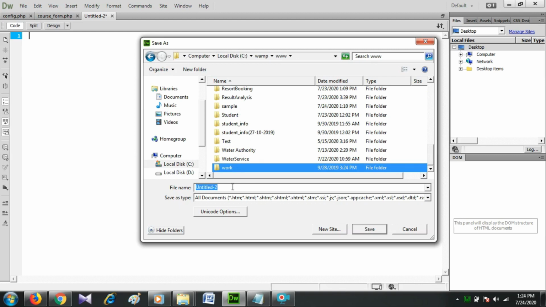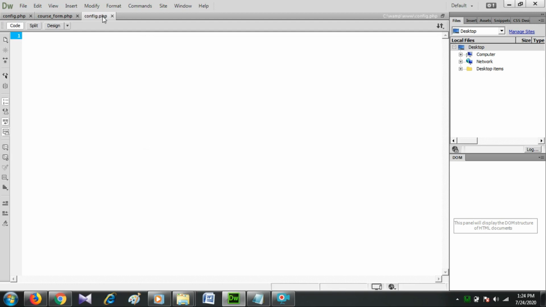Why am I creating a separate database connection file? Because if you have created multiple files in which you want to insert data or select data from the database, you do not need to write the code for the database connection every time. You just include it using the PHP include function at the top of your code and use it. It also helps when you are moving your project from one PC to another: you change the values in the single file and all changes are applied to all the other files automatically.